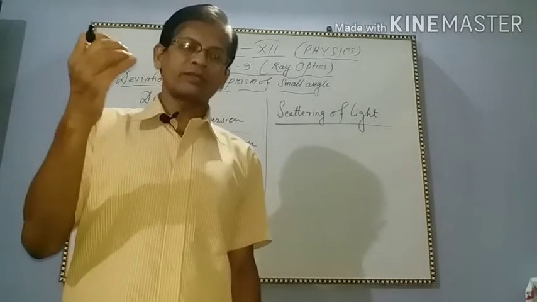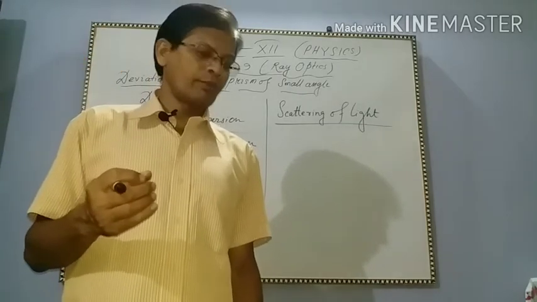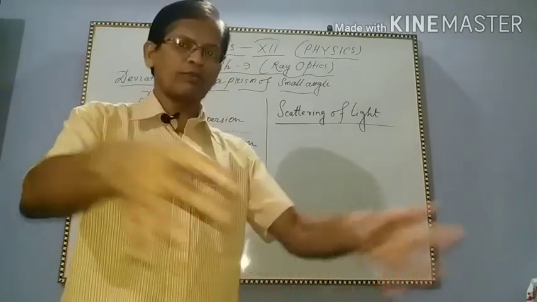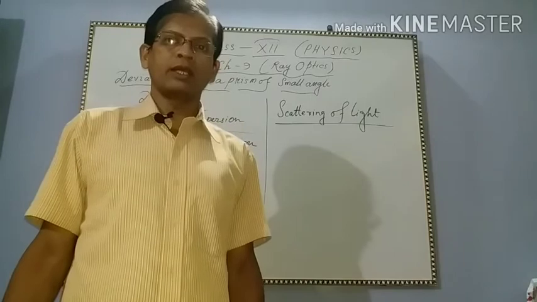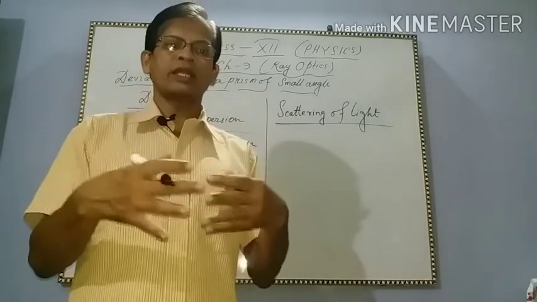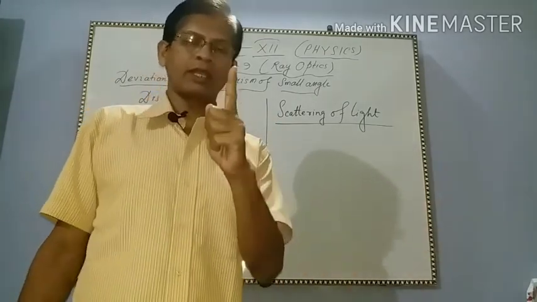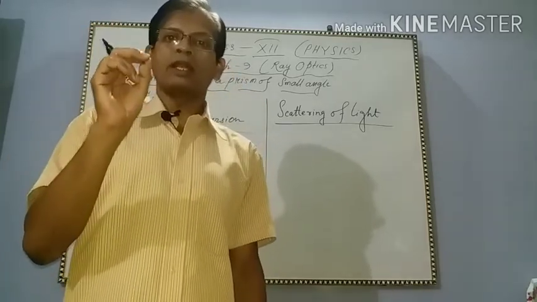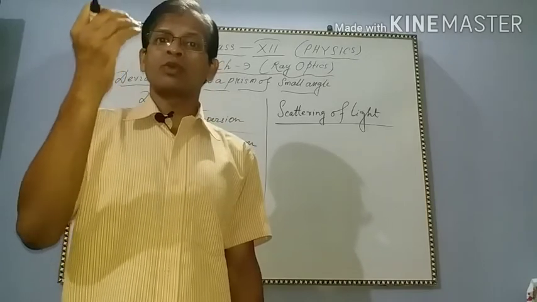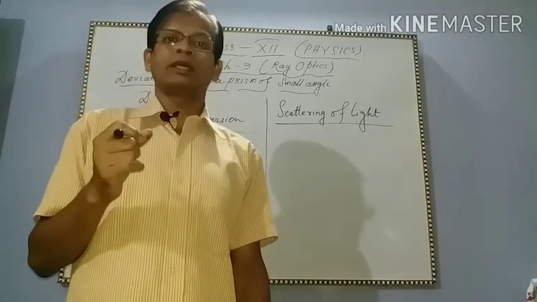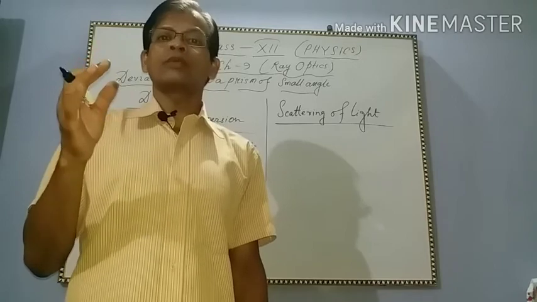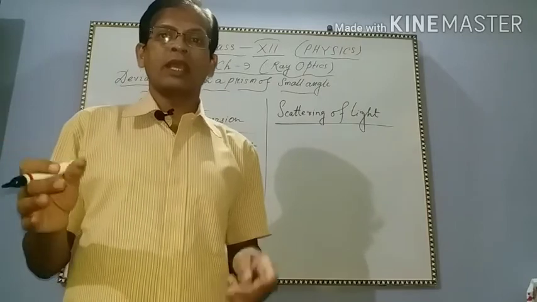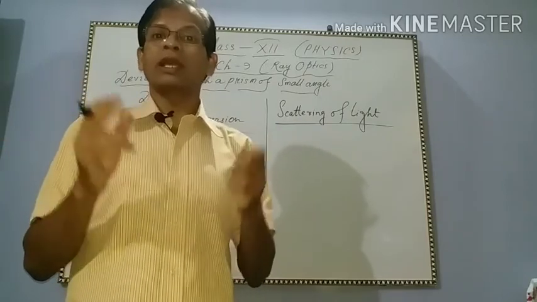Suppose you have a glass of water, and you drop it on a concrete floor from a little height. What will happen? It will go in all directions, right? That means water scattered in all directions. Exactly the same way, when light falls on a particle whose size is smaller than the wavelength of light, then light also proceeds in different directions, and this phenomenon is called the scattering of light.